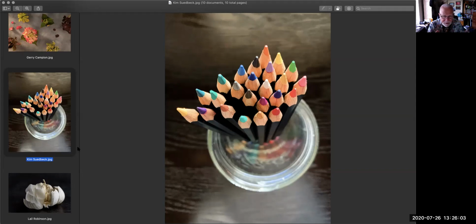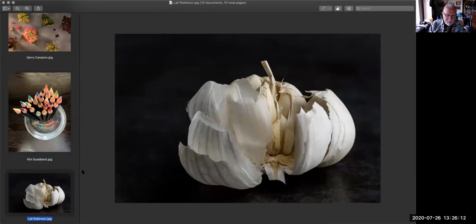Would be a great stock image for her if she wanted to sell this image as stock. Be really, really cool. And our last of the 10 top is Lael Robinson with this super delicate garlic that's coming apart here. We got a light on both sides, carefully controlled light. I love the part of the